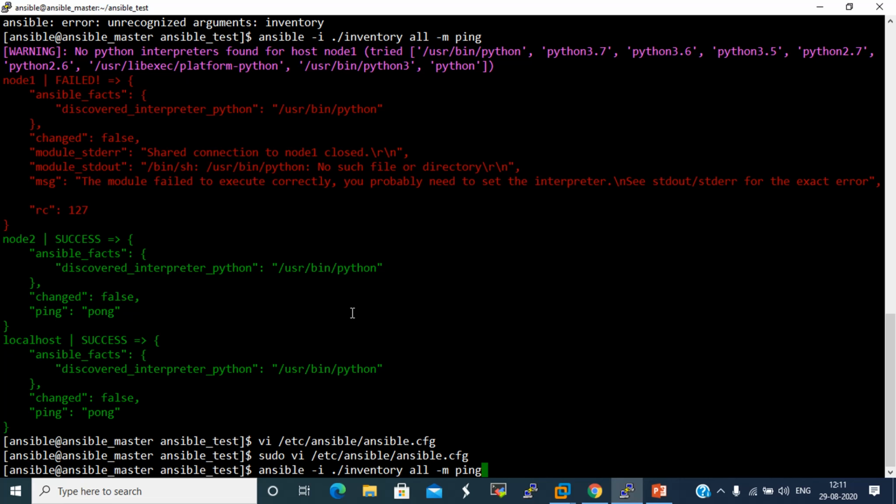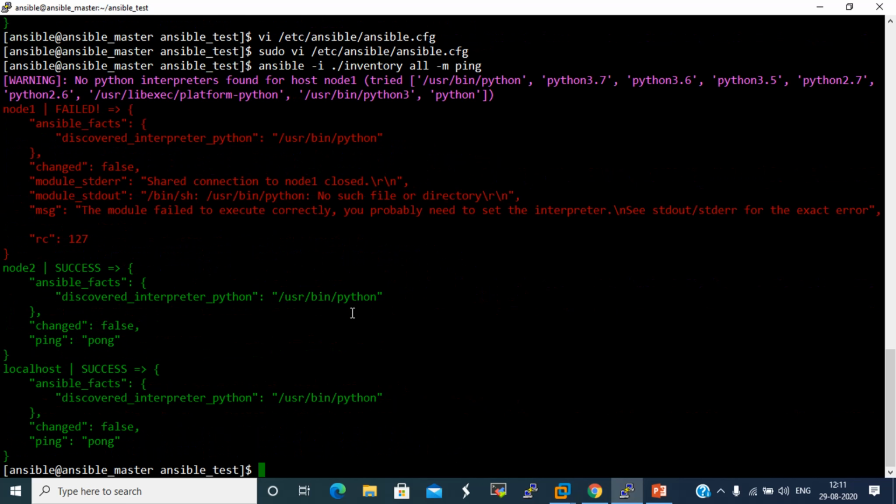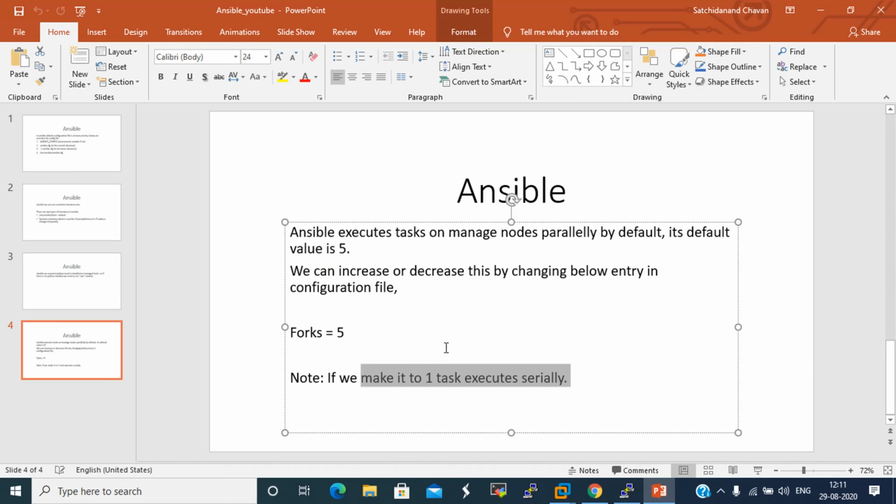Now we will run the command on all hosts. It will give us the output bit by bit. That is all for now.